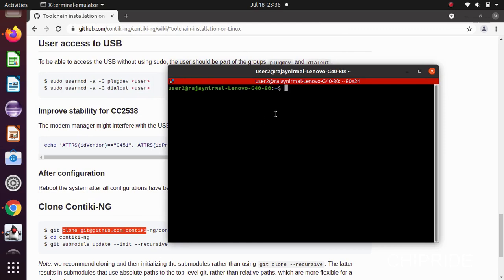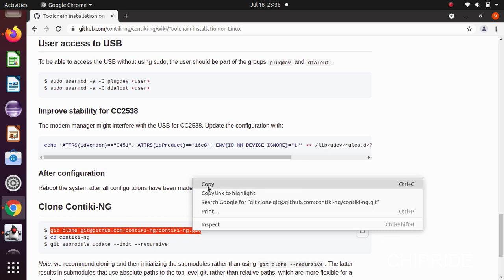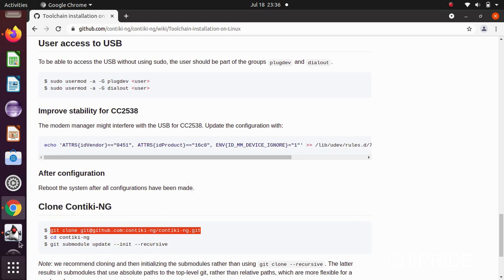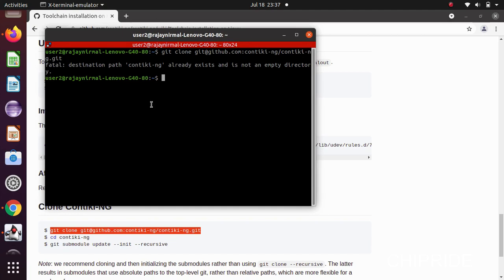Now let me check if this works. It says the destination path already exists and is not an empty directory. So it says I already have Contiki NG installed on my PC.